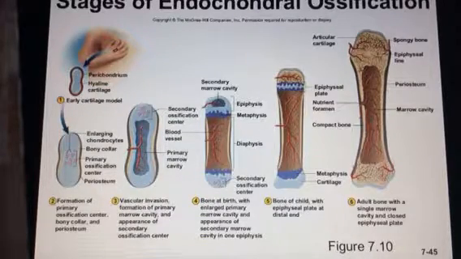Okay, so this is a picture that I like to kind of just recap the whole process of endochondral ossification. Again, this is the type that most bones are formed by. And so it's showing from hyaline cartilage, that's our first early cartilage model from embryonic connective tissue. The primary ossification center makes one